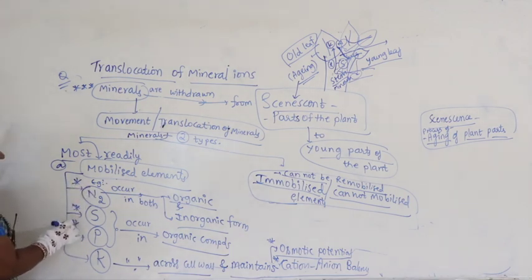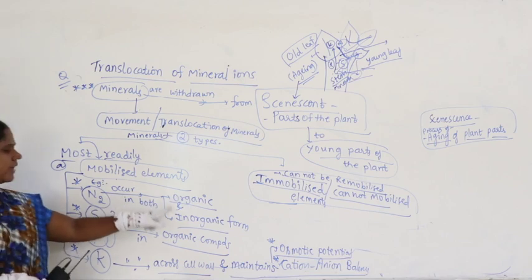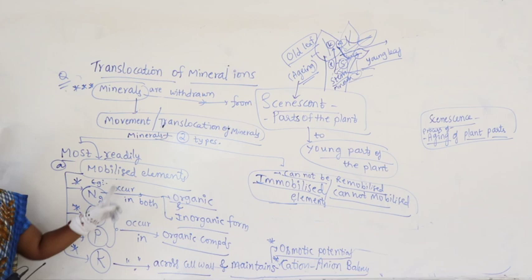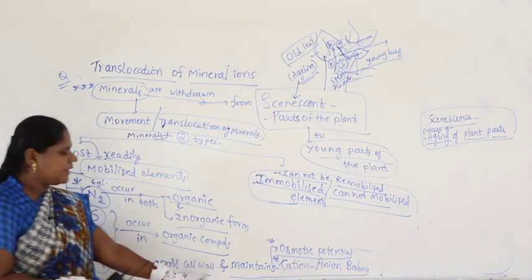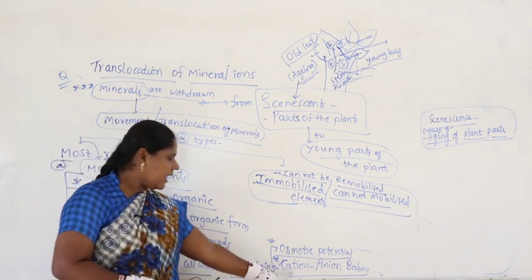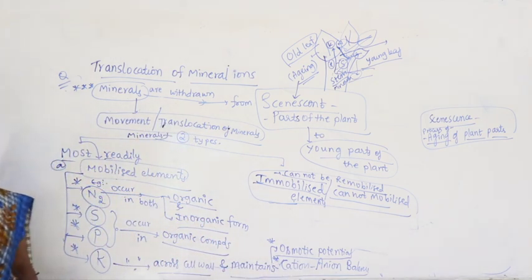So, we already studied this in mineral nutrition. What are they? NPKs, right? Nitrogen, sulfur, phosphorus, potassium. Any way you can remember: NSPK or NPKs. In that we already discussed nitrogen exists in both organic and inorganic form, whereas sulfur and phosphorus occur in the form of organic compounds. Potassium occurs across the cell wall and does two important functions we discussed earlier. What are they? Cation-anion balance and also regulating the osmotic potential of the cell.